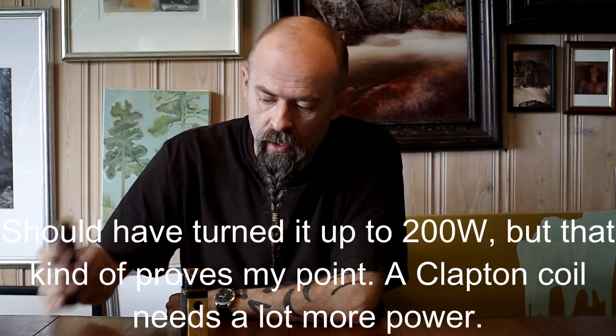So, to wrap this up, if you have a very advanced mod like this one, there shouldn't be any use for using this flat coil other than saving battery life and juice. It's still a bit slower, so if you start from cold, you see, even with this G class set at a powerful preheat, you still have to take one good draw from a clapton coil, and